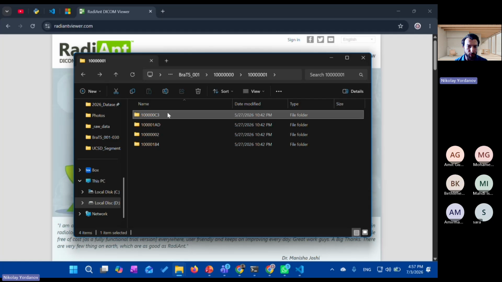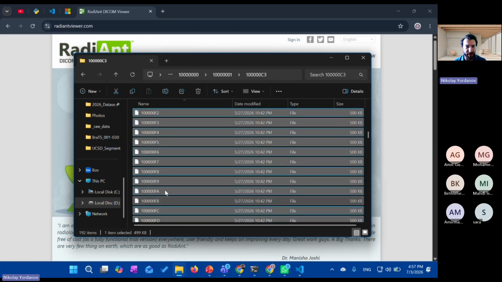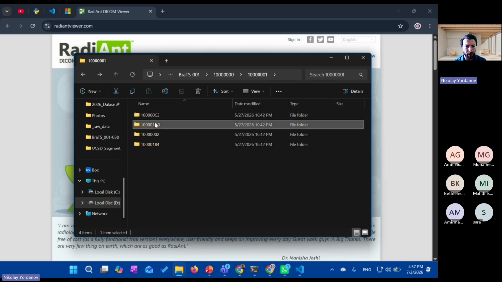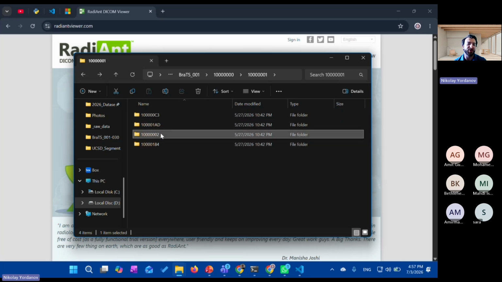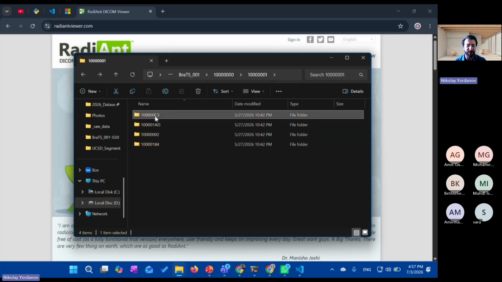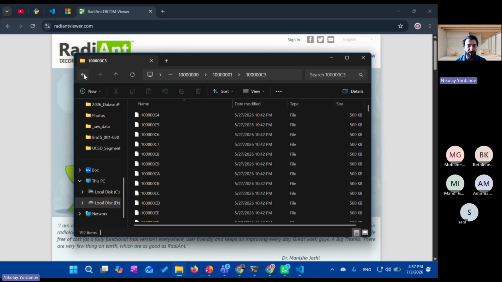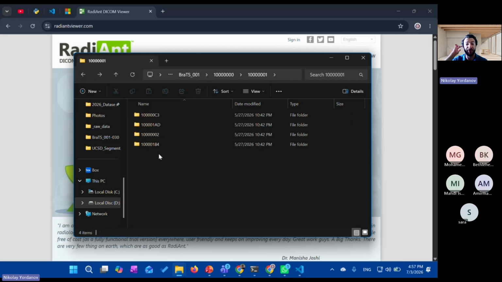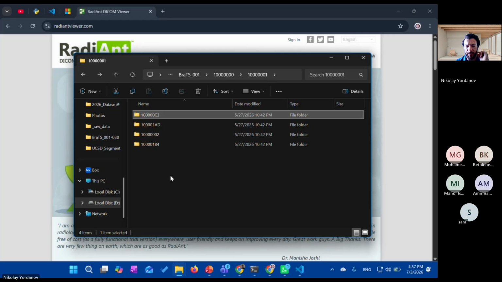In order to convert those DICOM files to NIfTI files, you have to know the sequence of each of those folders, which is the MRI sequence in which these DICOM images were obtained. In order to do that, you have to visualize every single folder. So what I do, I'll be sending you a link